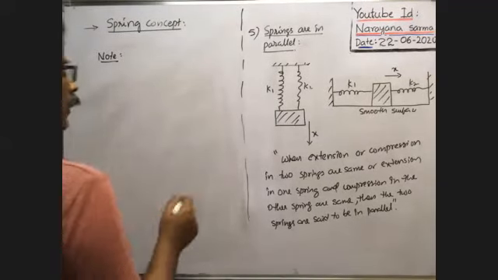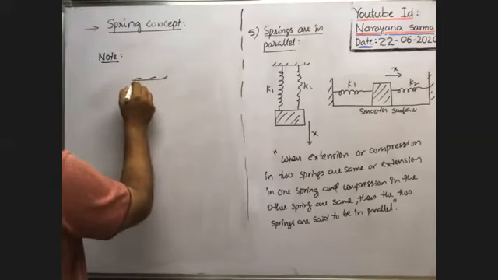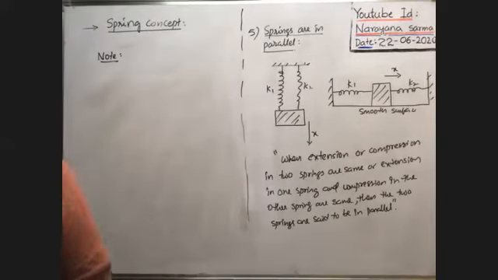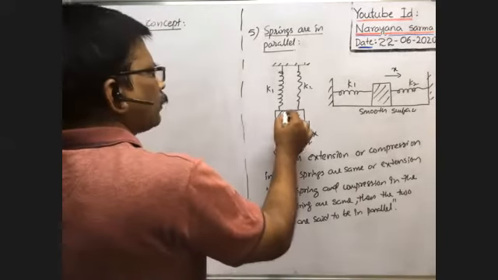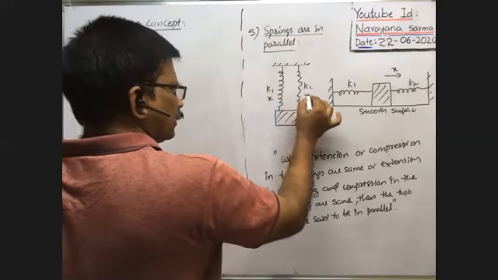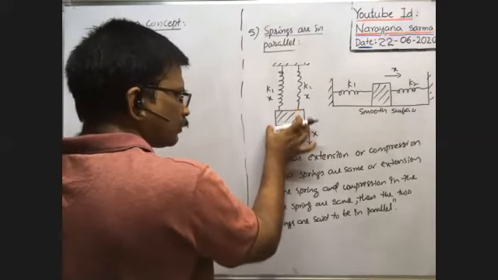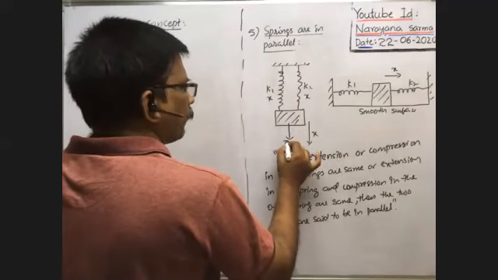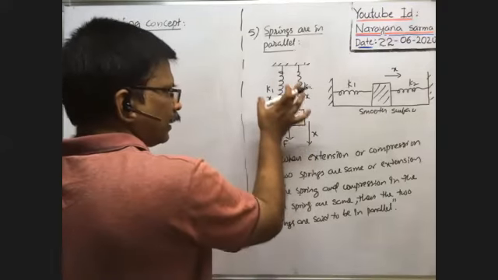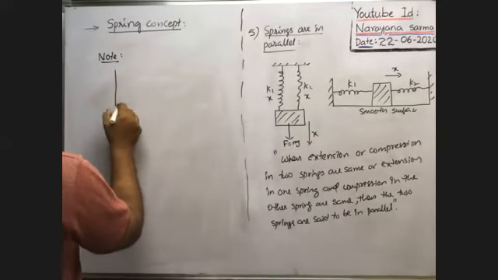Okay, right. Here you see. Suppose whenever the block is displaced by a distance x, then extension in this spring is x, extension in this spring is also x. Suppose the block is displaced by a distance x by applying force F. Of course, this may be equal to weight also. If you connect the spring like this, or whenever the spring is connected like this.